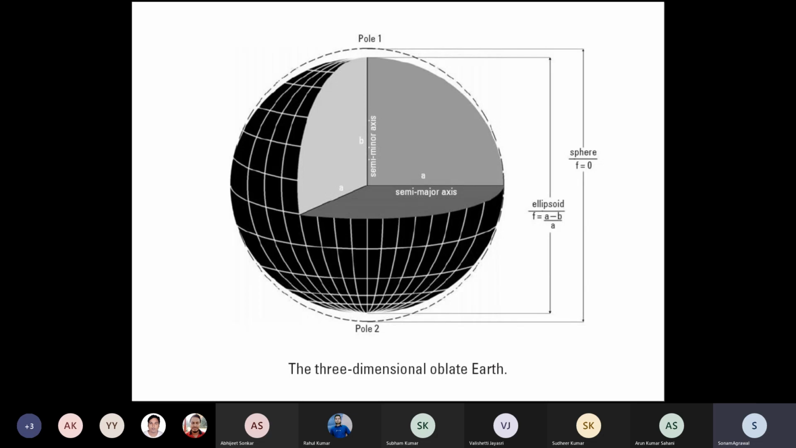Then there are two more parameters, which are eccentricity and second eccentricity. This eccentricity and second eccentricity have to do more with the mathematical nature of the ellipsoid than its geographical use. But if we see the eccentricity value,